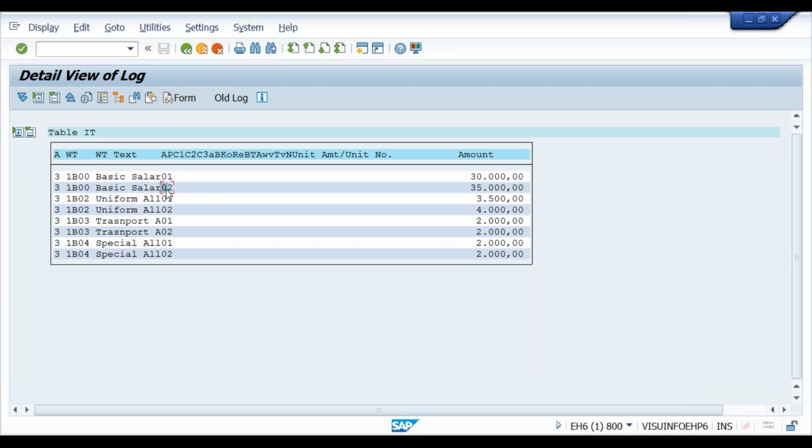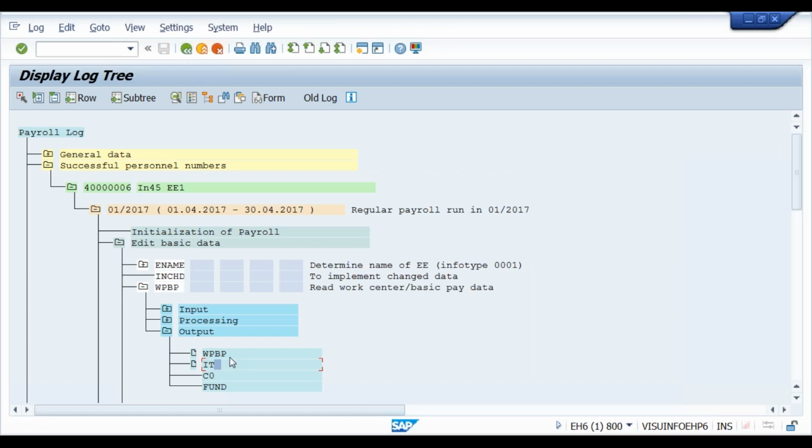Now, when I'm calling the personal area for this wage type, what the system does is it will always refer to the latest split indicator's personal area. When I don't have any split, it won't pick the right one. It will always refer to the latest split indicator. Remember it.